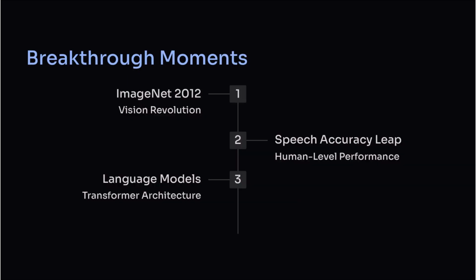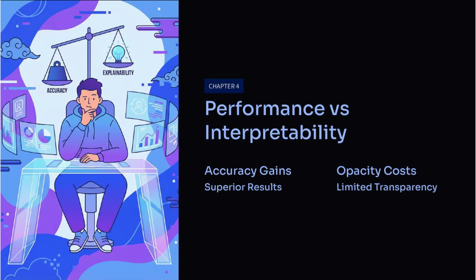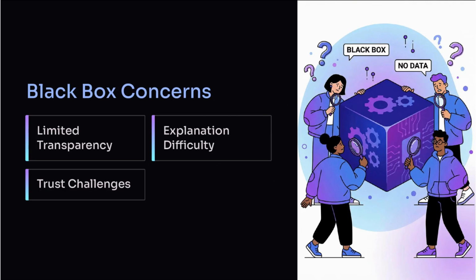Despite performance gains, deep learning sacrifices interpretability. Models often behave as black boxes, making explanations difficult. Opacity raises concerns in high-stakes domains. When decisions affect health, safety, or rights, lack of transparency becomes problematic. Training deep models is expensive. Time, energy, and hardware costs limit accessibility and raise sustainability questions.